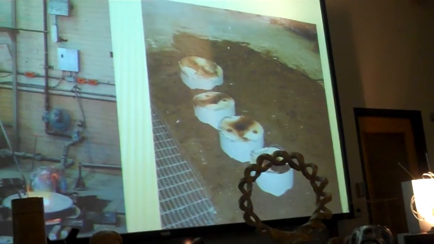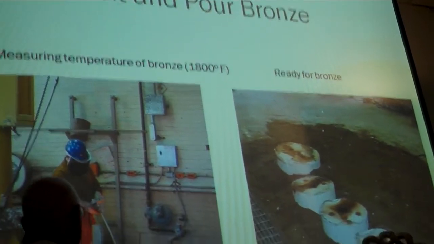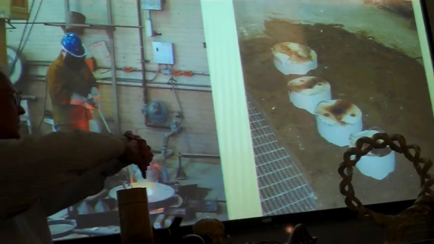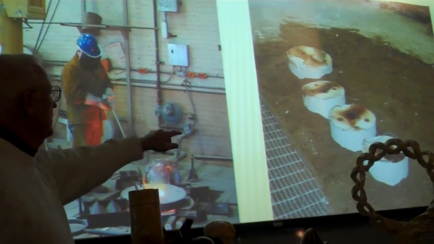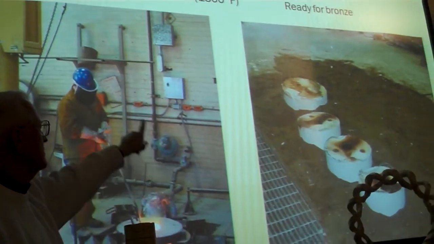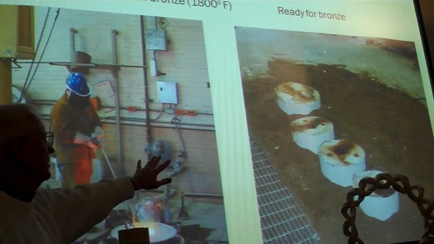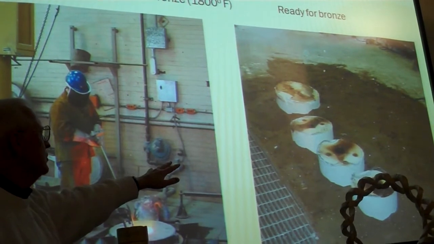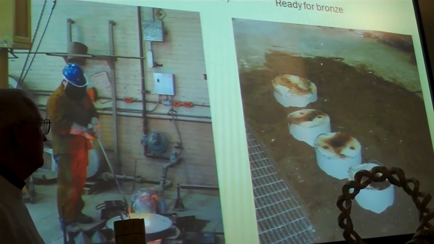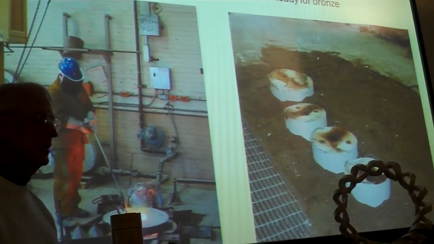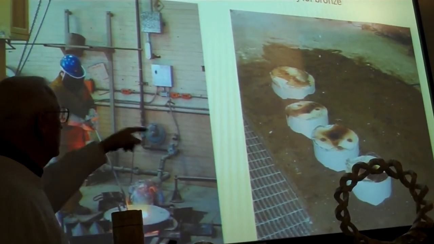So after you've melted all the wax and created your rock, you heat the bronze in a furnace in the floor and in a big old crucible, and it comes out red hot, and that's 1800 degrees. After you've melted all the wax, you bury these things in sand. You do that because if you don't get it out of the kiln and into the sand pretty quick, if it gets moisture in it and you pour hot molten bronze into it, it can crack or actually explode. So that's sort of a safety measure. So we pour our bronze into there,